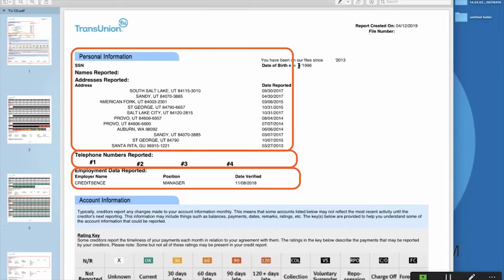Their job is to collect as much as possible. Your job is to give them only one set of identification data. That's what we build when we build that personal borrower identity. So look to see how many dates of birth you have. Look to see how many social security numbers are listed. We want only one.